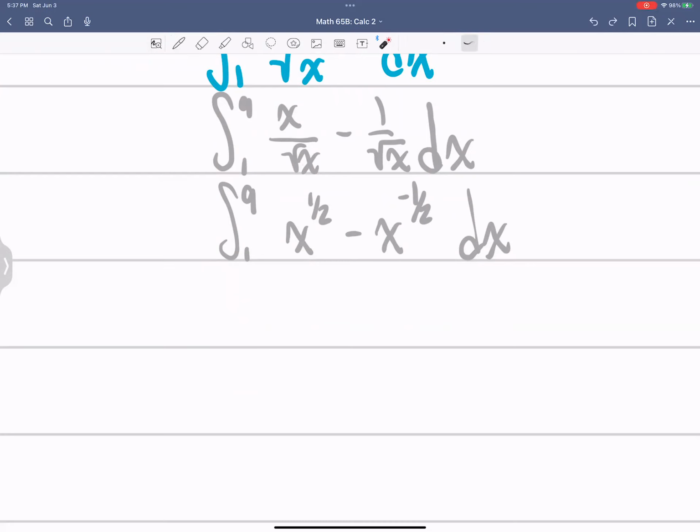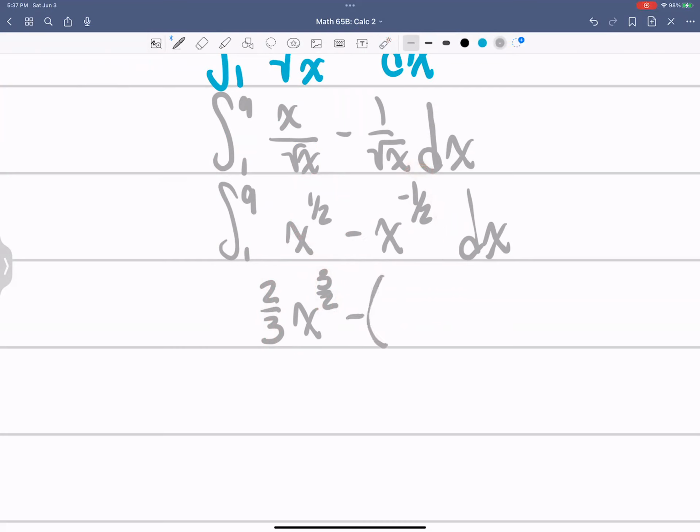Actually, we could do that antiderivative here. So plus 1, that's going to be x to the power of 3 over 2. Multiply by the reciprocal, 2 over 3. Remember, when we take the derivative of this, we want to end up with this. So bring it down, that would scratch those two out and subtract 1. Okay, perfect. So now doing the same thing here,